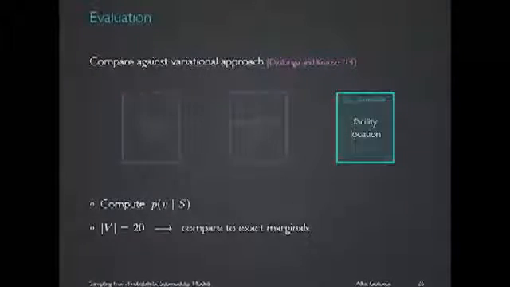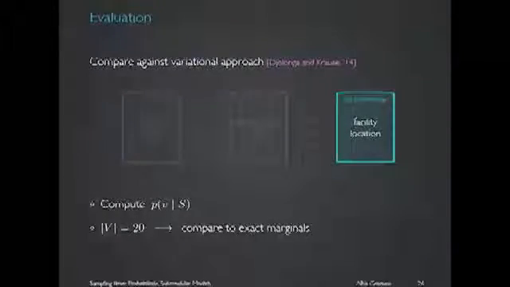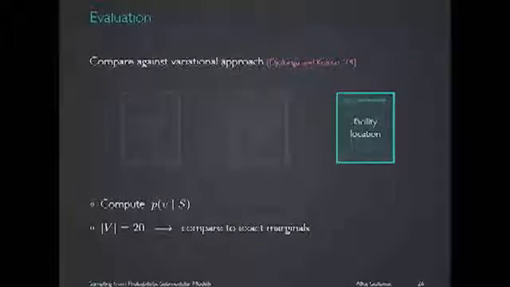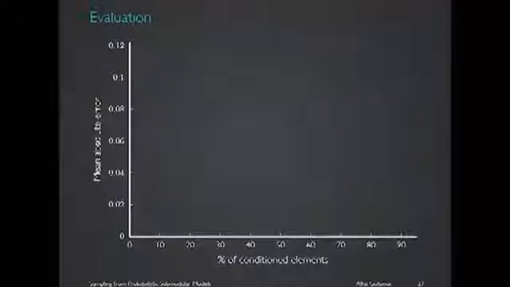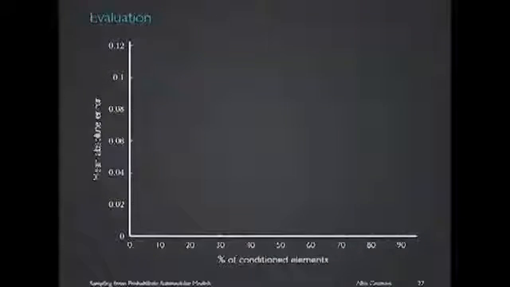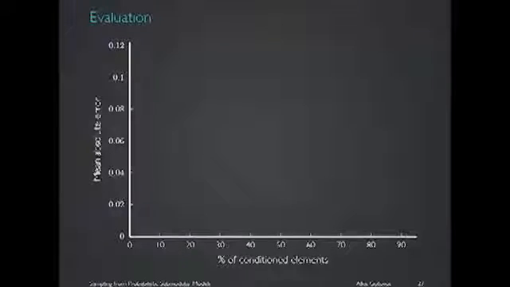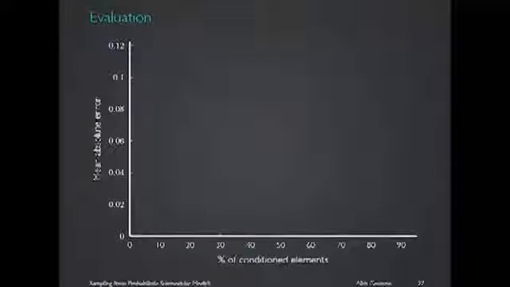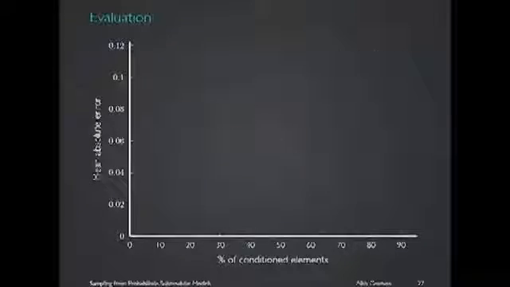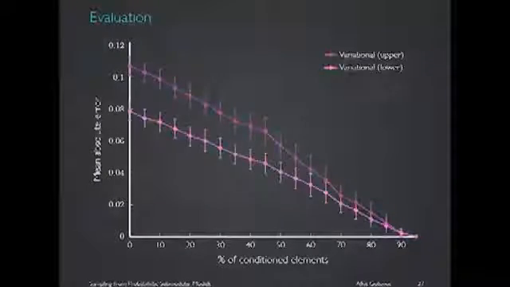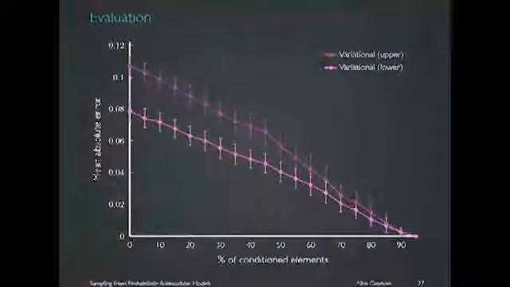Also, we constrain the ground set size to be at most 20, so that we can actually compute exact marginals and compare to them. So in this plot, I'll show you on the x-axis the percentage of conditioned elements, so the size of the set S, and on the y-axis we have the mean absolute error compared to the exact marginals. If you look at the two flavors that the variational approach comes in, you see